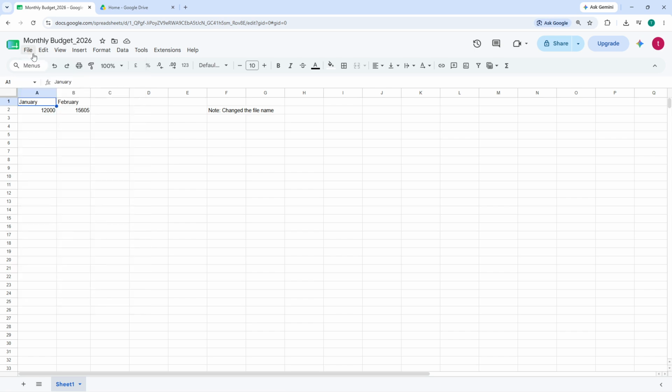But if you're working from Google Sheets' main home screen where you see a list of all your recent spreadsheets, just hover over the file until a checkbox appears on the left side. Tick that box and then click the trash can icon that shows up in the top right area of the page. Either method will send the sheet straight to the trash, so choose whichever feels more natural for how you're